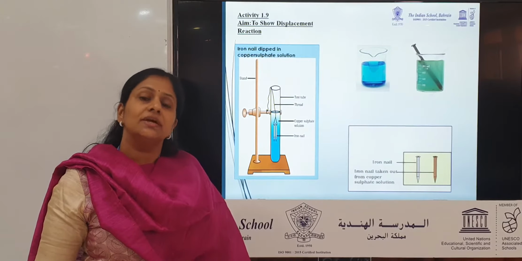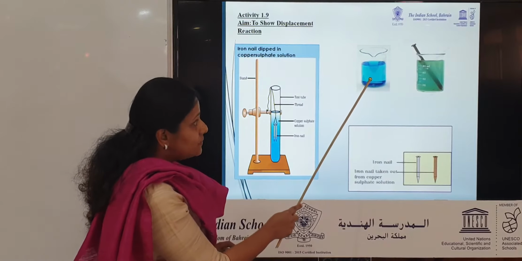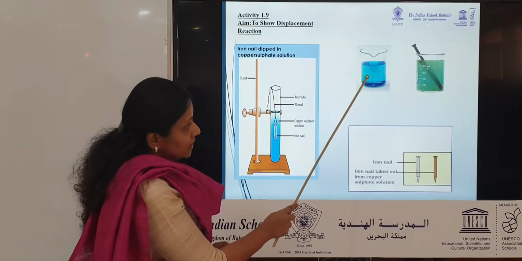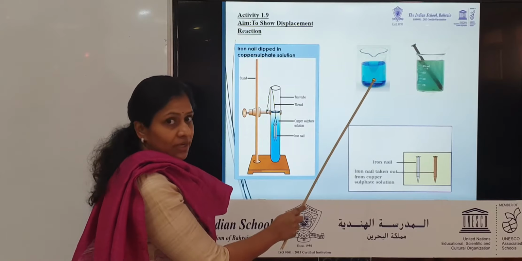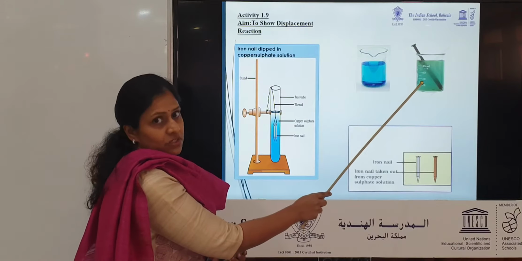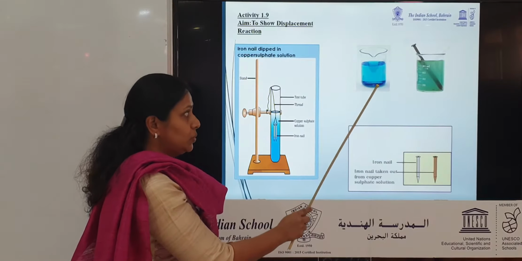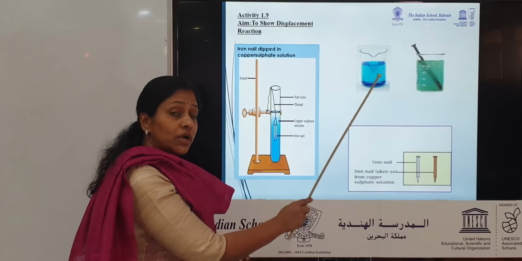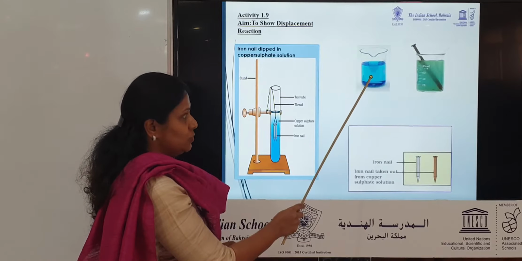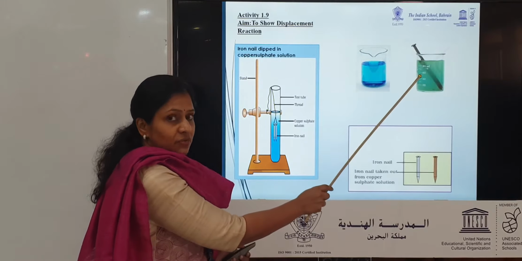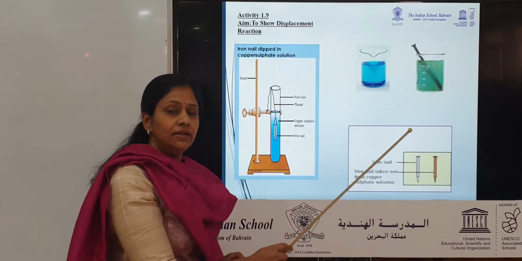So after 20 minutes, let us see what happens. See here children. In this picture I have shown a beaker. This is the color of copper sulfate you can observe here. This is blue color. And after 20 minutes, what is happening to the copper sulfate solution which is with the iron nail? The color is changing from blue to light green. Why is this happening? Iron has displaced copper from copper sulfate solution and iron sulfate is formed here. Copper sulfate is blue in color and iron sulfate is green in color.